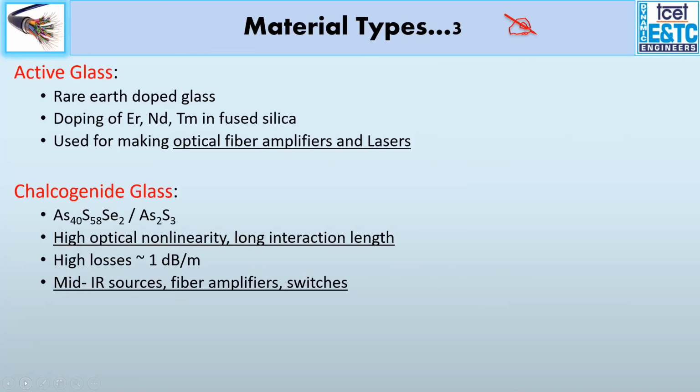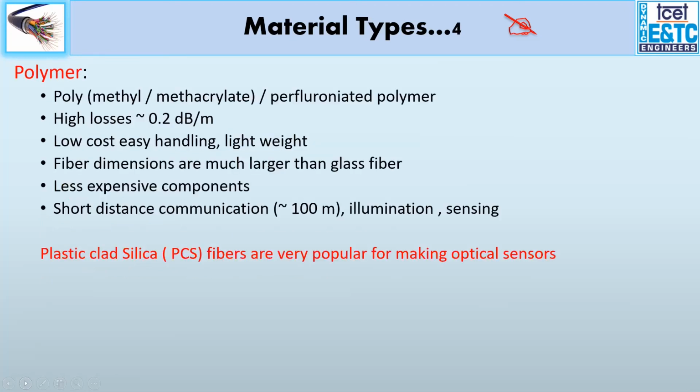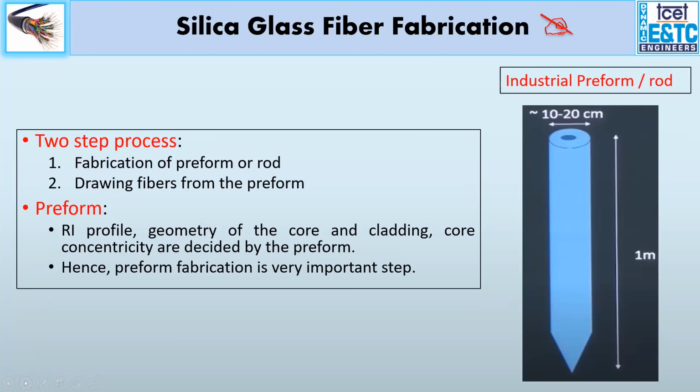Then rare earth glasses, they are doped with certain extrinsic impurities that are simply used when you are using the fibers as amplifiers. The other impurities are added for various applications. And we also have plastic fibers where the attenuation is very high but which can be used for a short distance. It's low cost and easy to handle, because it's not glass, it's plastic.